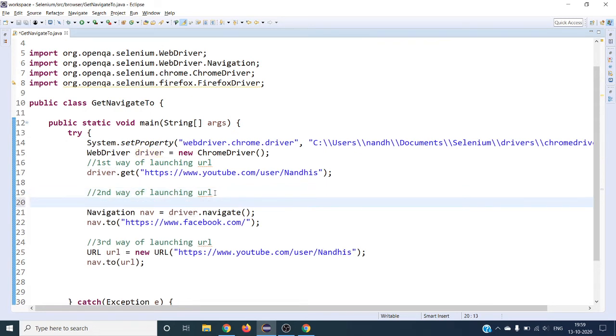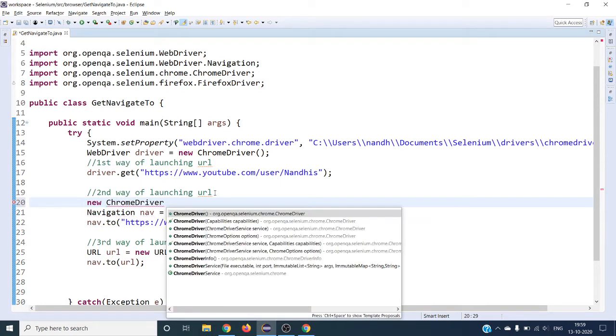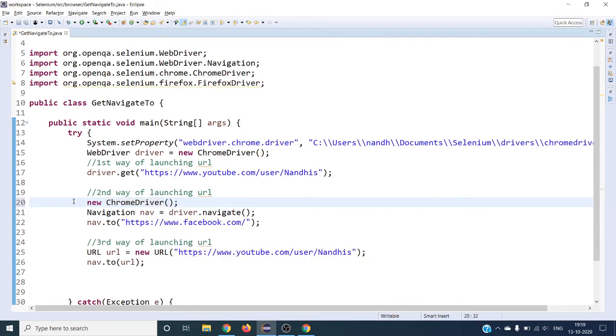The same way you have to do here as well. Say for example, I'm going to define a new ChromeDriver and assign it to a different variable. So here, you can use the same driver instance also. There is no harm in that.